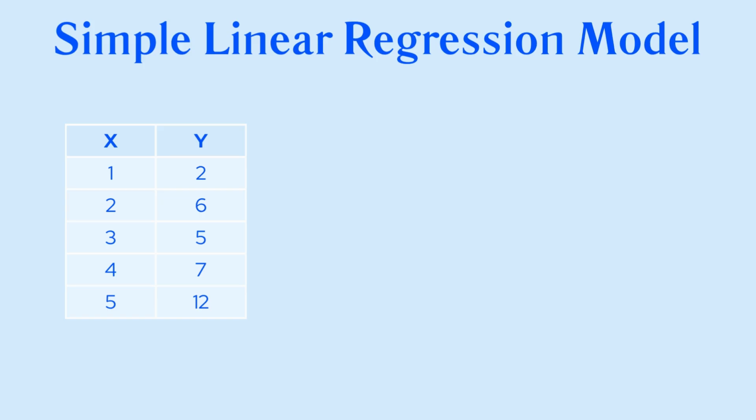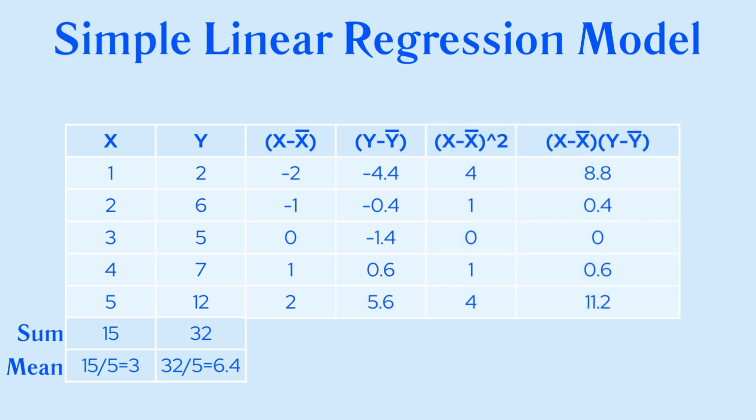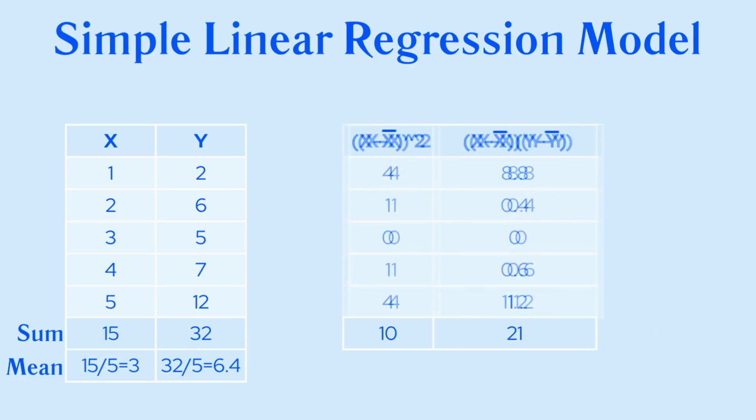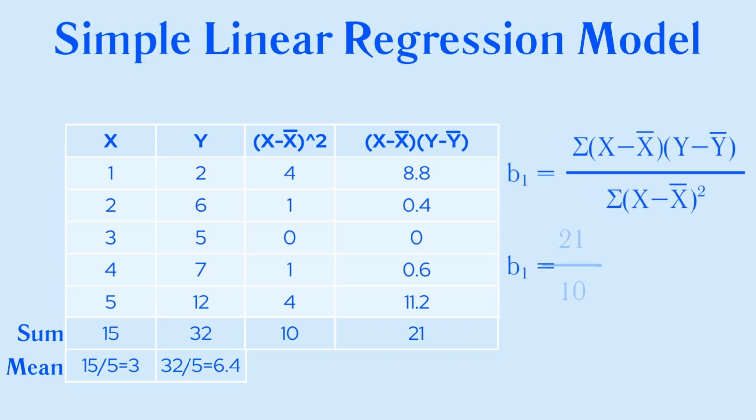To apply the deviation from means method, we'll first calculate the means of x and y. Then, we will determine the deviations of each x and y value from their respective means. Next, we will find the product of these deviations and the square of the x deviations. The slope is then calculated by dividing the sum of the cross products of the deviations by the sum of